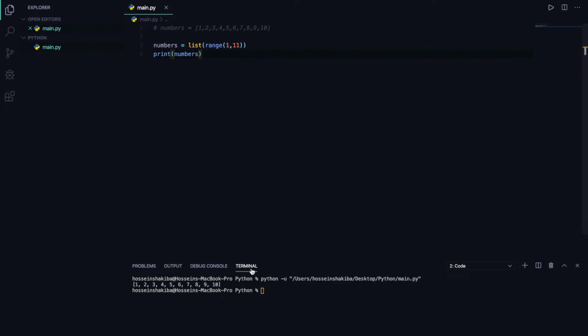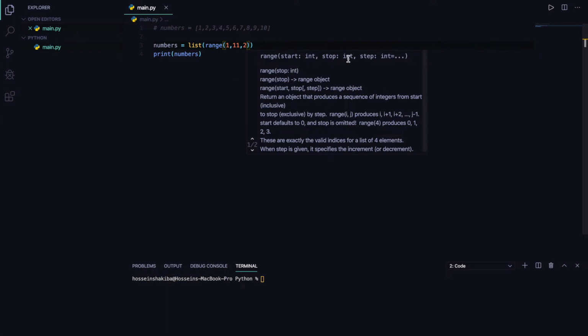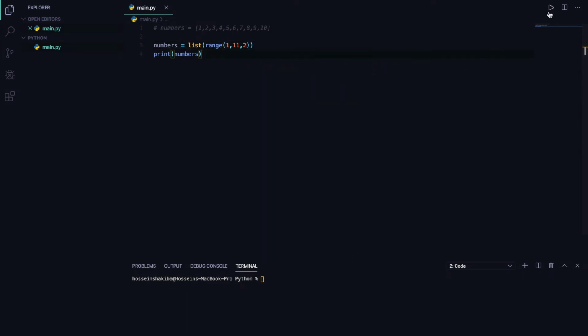Okay, we got a list. It starts from 1 to 10. As I told you, it doesn't print 11 because the function stops at 11. Let's clear the terminal and try something else. We can also use the range function to tell Python to skip numbers in a given range. If you pass a third argument to range, Python uses that value as a step size when generating numbers. Let's see this example here. The list of numbers starts from 1 and finishes at 10 and it passes by 2. 1, 3, 5, 7, and 9 actually. We got odd numbers